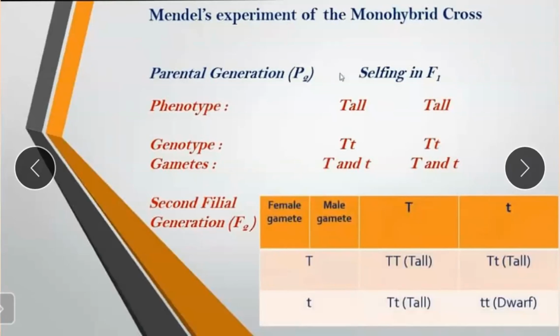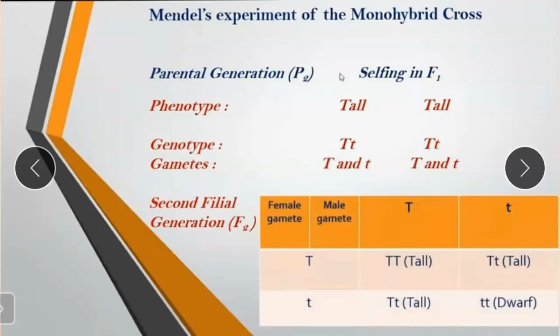So tallness or dwarfness is an external appearance. This is called as what? Phenotype. The things which we can observe. It is called as phenotype. And whereas the genetic constitution, which is called as a genotype, the genes which we can't see. Okay. Now phenotype. So you can understand what is phenotype. It is an external appearance. And what is a genotype? The factors of genes or genes which are present in the offspring.